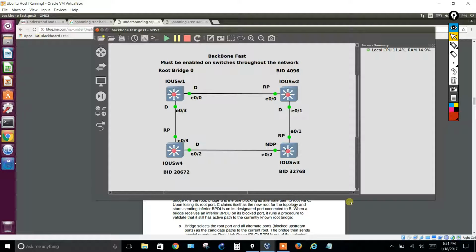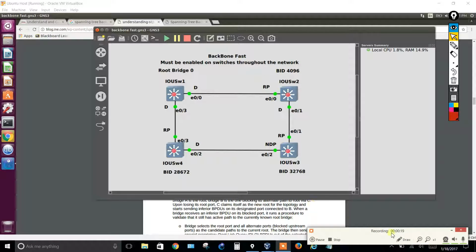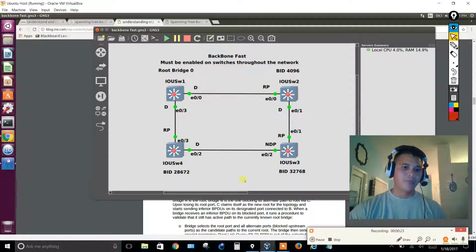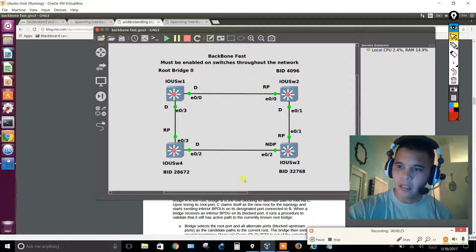Alright, today in this video I'm going to be talking about Cisco's proprietary BackboneFast as it relates to spanning tree. What do we know about spanning tree's BackboneFast? What does that mean for us? What does that do? So what spanning tree actually does is,